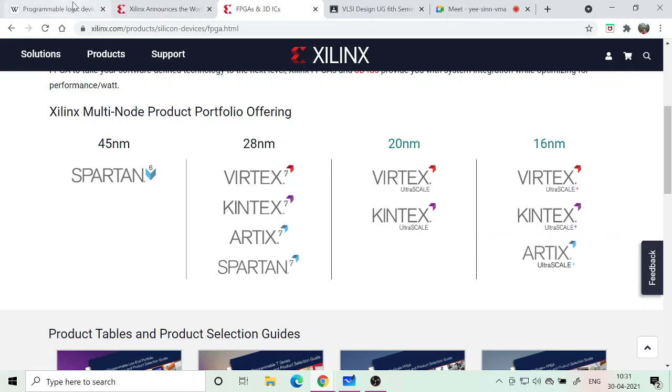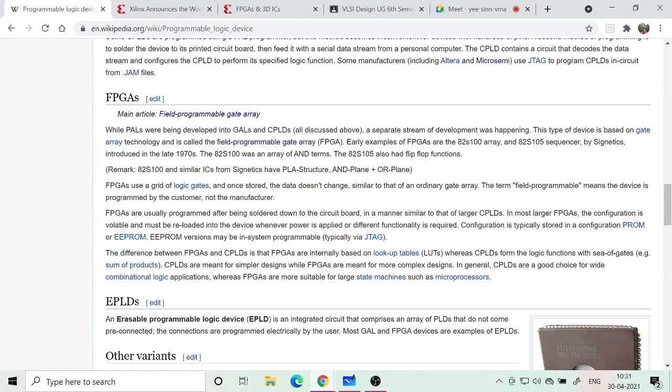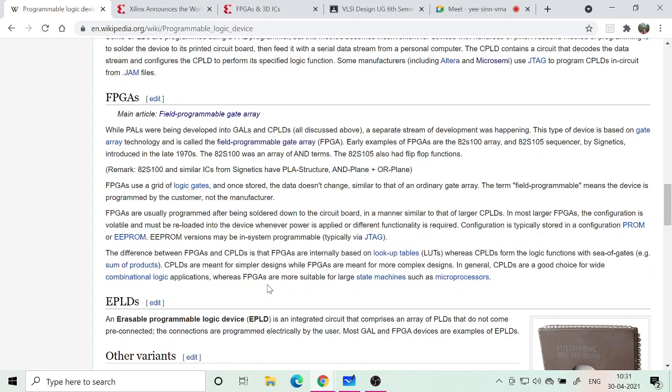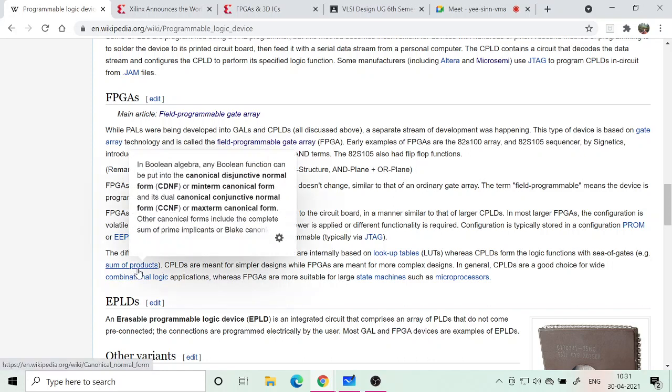Okay, and one final thing, if you go back to the Wikipedia page and read through it, there is one paragraph about the difference between CPLDs and FPGA. The difference is that FPGAs are internally based on lookup tables. So that is the programmable logic part, whereas in CPLDs, as we have already seen, it is basically an AND array and an OR array, right? The AND array and OR array create the sum of product terms.